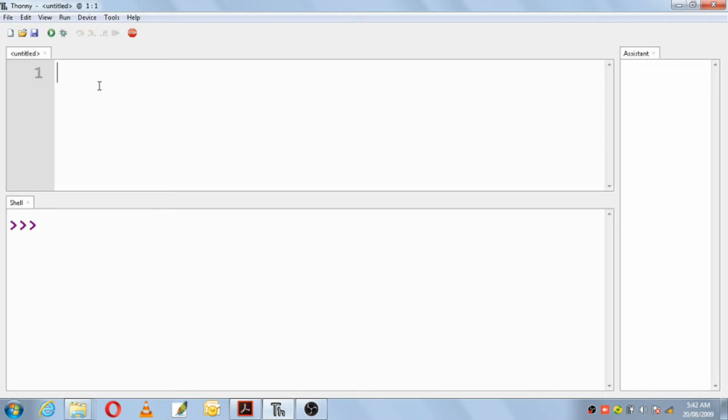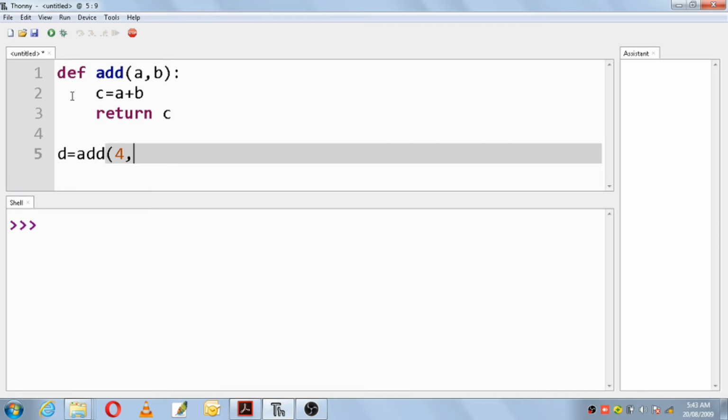Control N. Make use of a function: def keyword, add, a comma b, colon, c is equal to a plus b, and then return c. First we will see an example when it is returning a value. And then d is equal to add(4, 8), and then